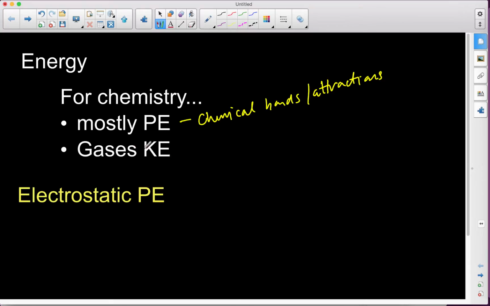Gases, we do talk about kinetic energy, right? And that goes back to the what? KMT, kinetic molecular theory, when we talk about the movement of my particles. And obviously KE applies mostly to gases because gases have huge amounts of kinetic energy, as particles that are moving constantly long distances, usually, especially for their size. So when we talk about gases, we are often referring to kinetic energy. And one of those things that we should know